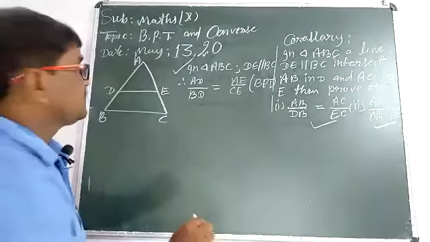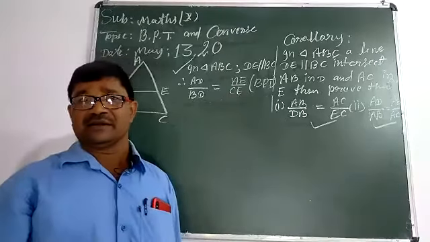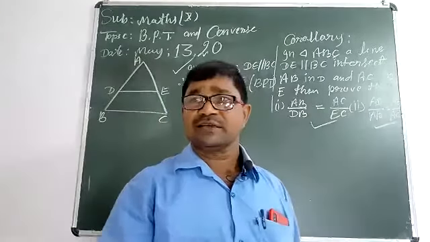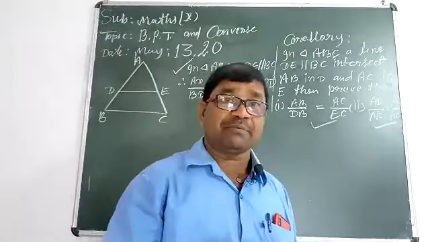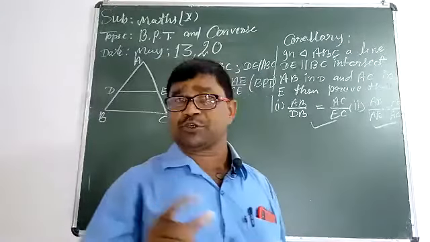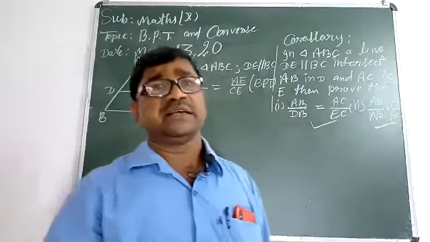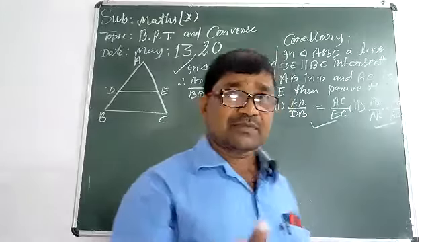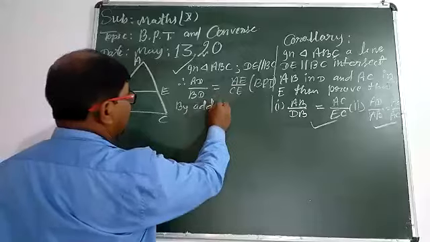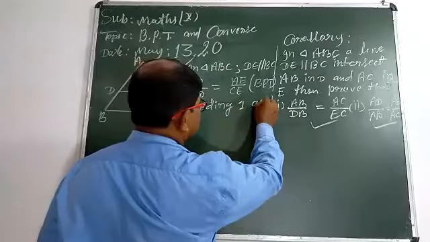Understood? Now, students, as you know, if you have two equivalent fractions, then you can add something to LHS and RHS. You can multiply by the same number, you can divide by the same number except 0. In this way you will get another equivalent fraction. They are equal to the given fraction. Understood? So by adding 1 on both sides.